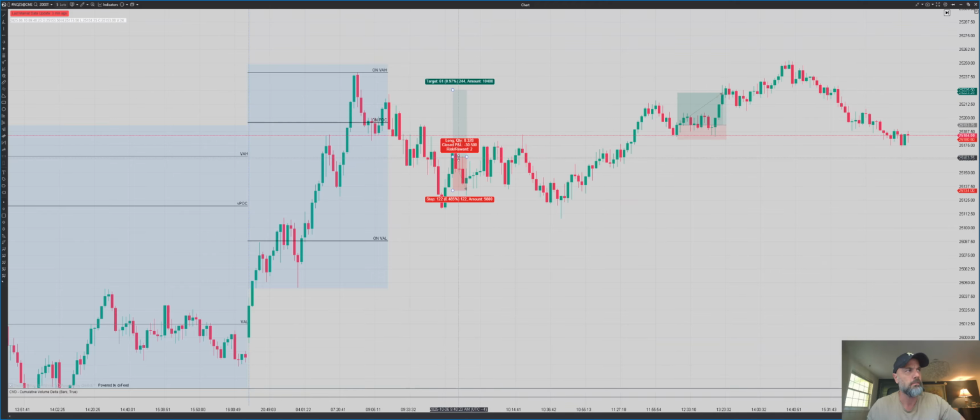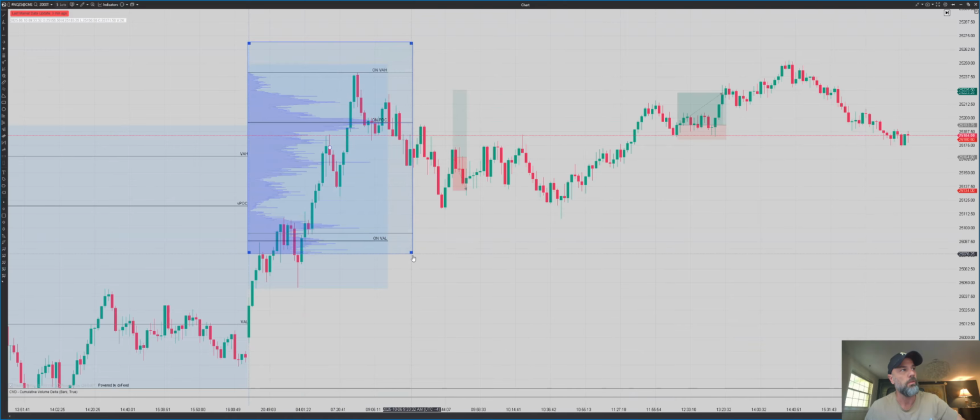I got in too late, and this is the thinking that was happening in my mind. I thought to myself, okay, well, bounce off the POC, reclaim of the value area high, so for sure it's basically going to just take off at this point, and I was wrong. I have to learn that I am not a breakout trader. I can only take trades